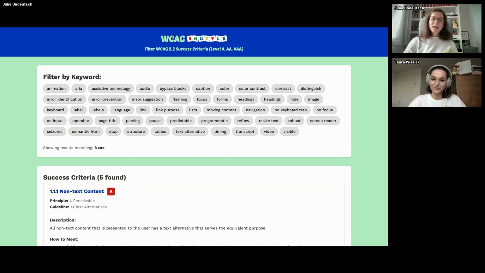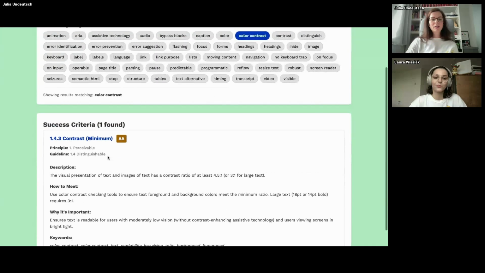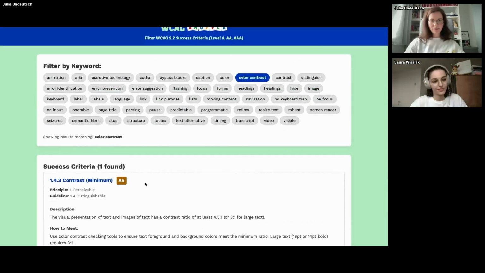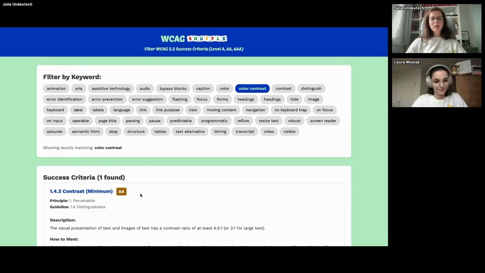So it should help you by filtering by keywords to really get the correct success criteria, by filling out what the problem is, or where you see the problem, like the color contrast, and then it starts filtering. Okay, there could be contrast minimum, and also, so the database is not fully available now, there would also be contrast enhanced with the AAA and such. This will be a part of the Pokedex of Accessibility. Of course, everything Laura mentioned here with Pokemon cards, and also the screen reader explanation and even more stuff.